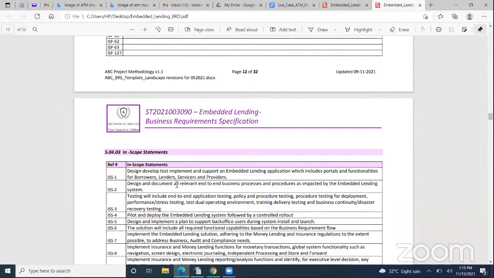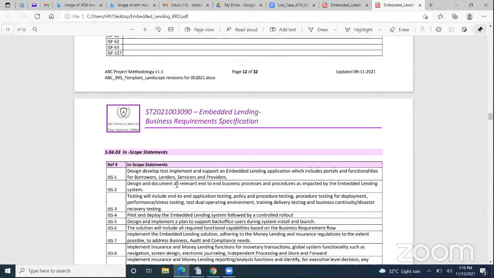Two, design and document all relevant end-to-end business processes and will include end-to-end application testing, policy and procedure testing for deployment, performance or stress testing, testing of dual operating environment, training, delivery, testing, and business continuity or disaster recovery testing.